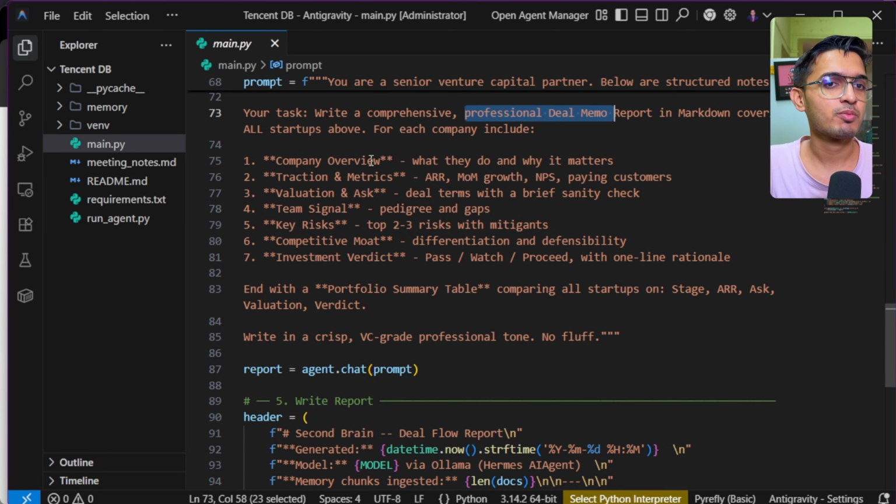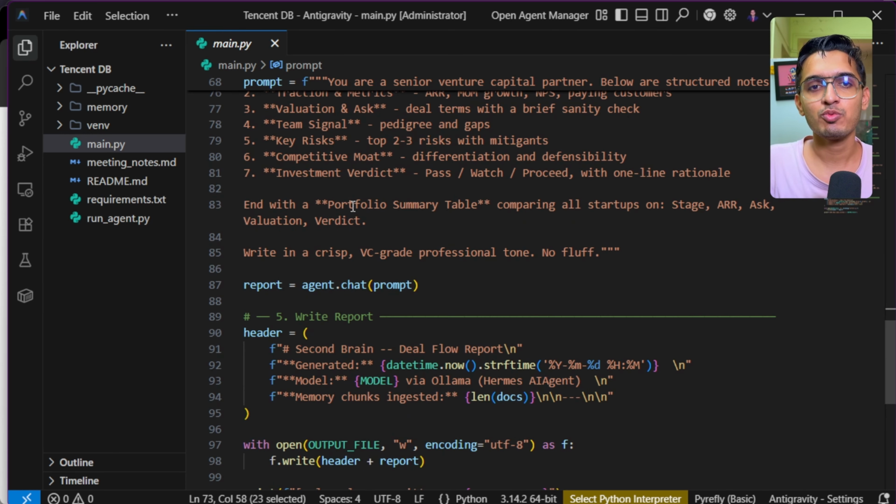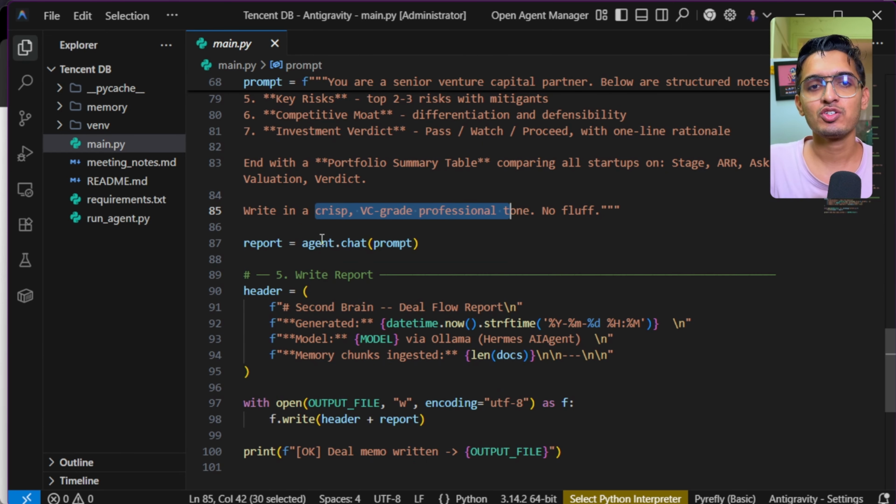company, it should provide a company overview, metrics, valuations, team signals, key risks, and all the other different factors. Then it should end with a portfolio summary table with all kinds of key statistics for all the startups. Then the final rule is that it should write in a crisp, VC-grade professional tone and there should not be any fluff whatsoever. Then using agent.chat, you can just give it this prompt, and once we get the report, we are